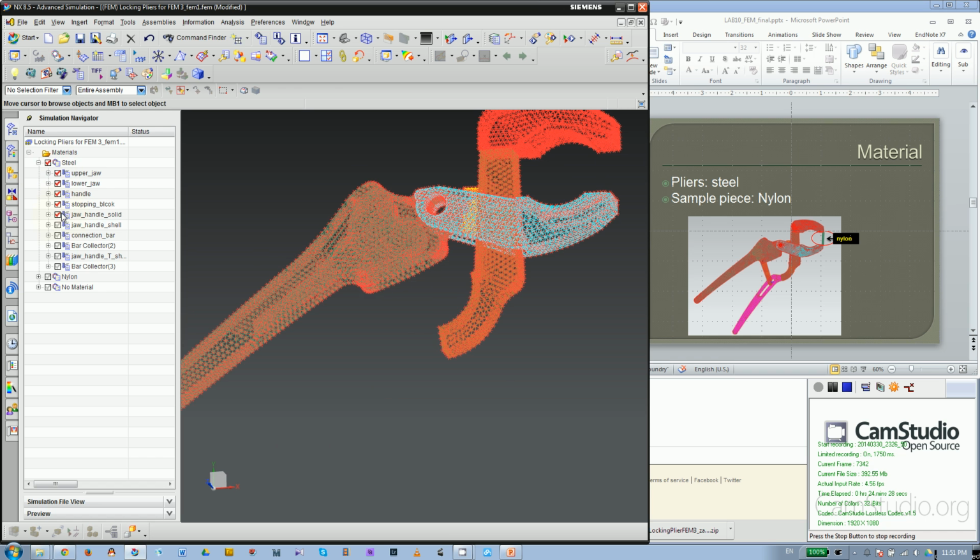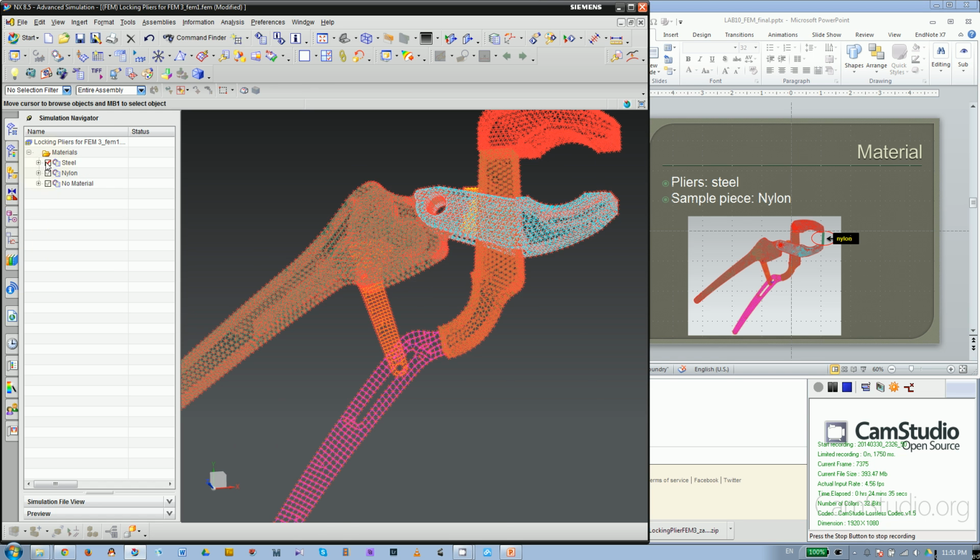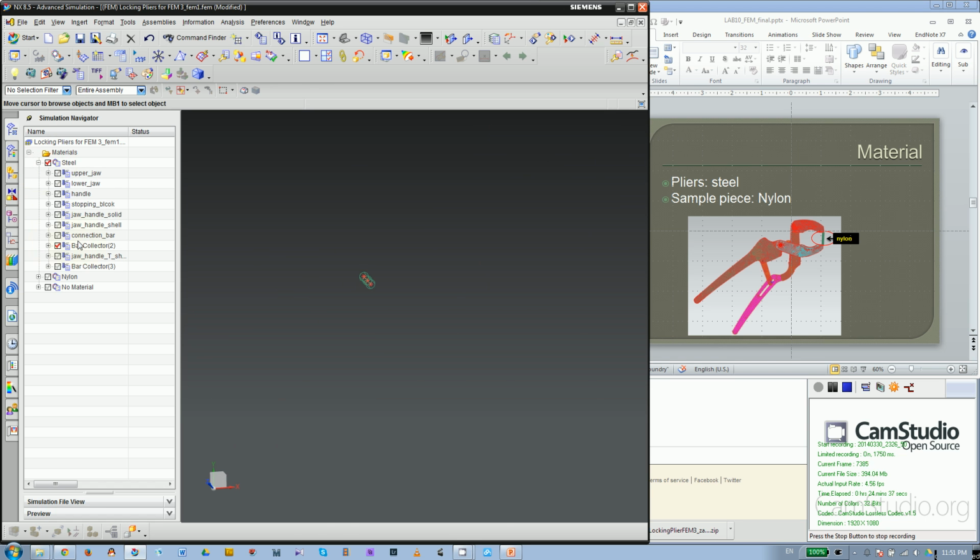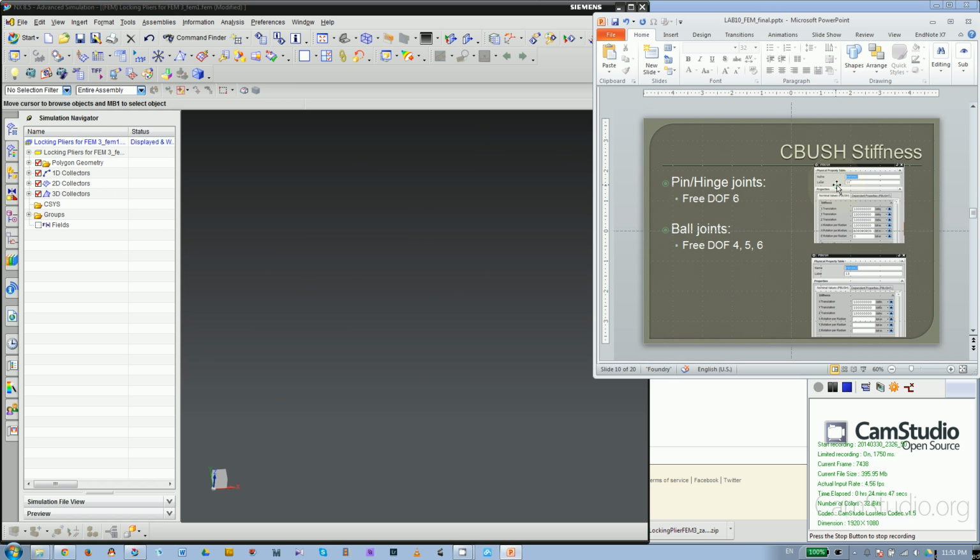Yep. And let's see what that is. That's the bar. Okay. So that looks pretty good. Let's go back to standard view, and okay, we have finished the stiffness